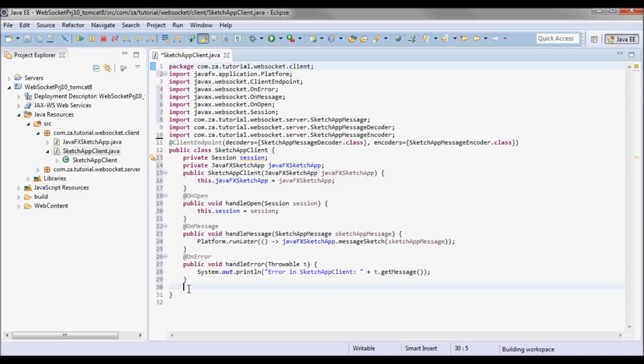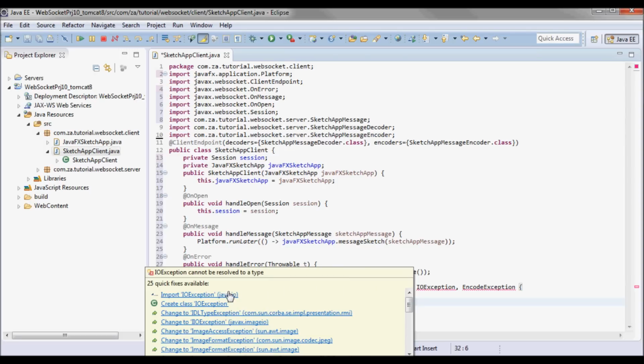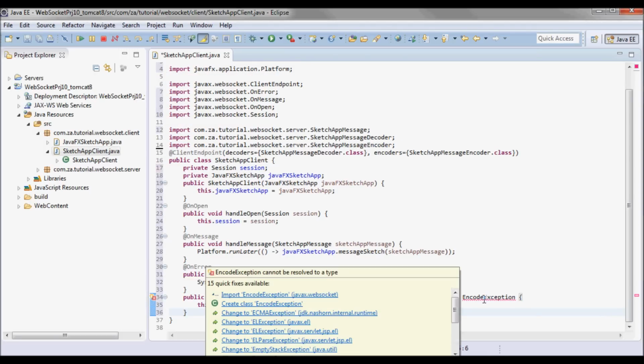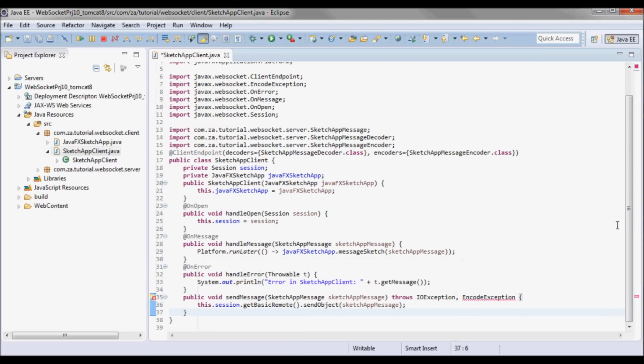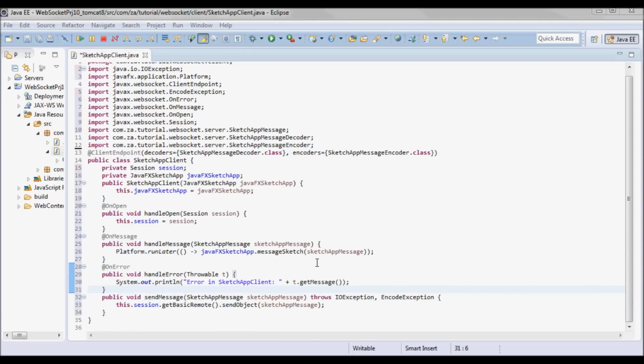And I'll define this send message method for sending messages. So it will use this session and call get basic remote and send object on it, sending it the sketch app message.